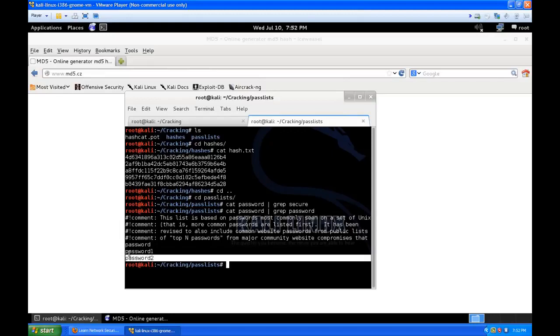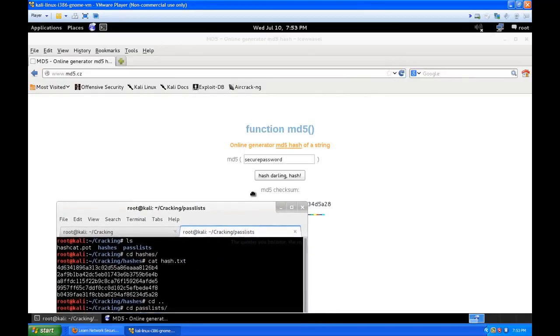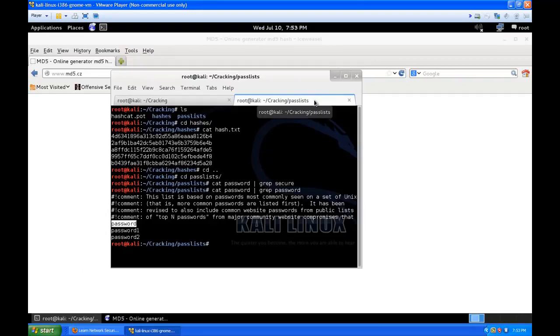Now the beautiful thing about using HashCat with the combination attack is it doesn't matter how many passwords are in there. You know, this could be password 22 or whatever. It's going to grab that. So I guarantee you if we added the word secure to our password list, and I'm going to go ahead and do that now by doing this simple echo command. And remember, when we're doing an echo command and we want to append to a file, it's always the double greater than signs, right? So echo, double greater than, and we are going to echo the word secure